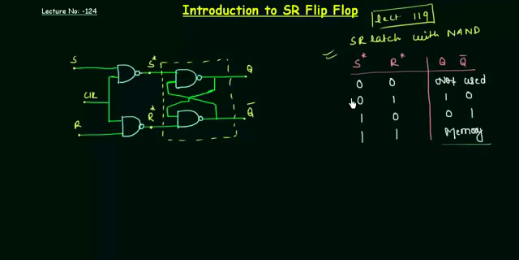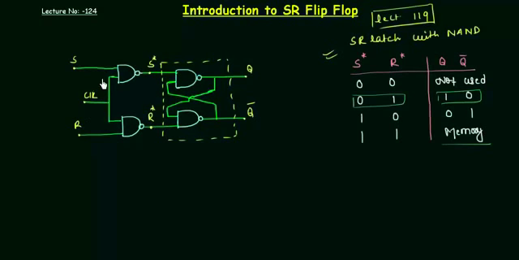For example, if it was 0 1 in the previous case and then I give 1 1 to S star and R star, then 1 0 is stored again. Memory means whatever the previous value was is stored when S star and R star are 1. For better understanding, just watch this lecture, and if you already know, then you can proceed now. You can see that I have modified this circuit by adding two NAND gates,